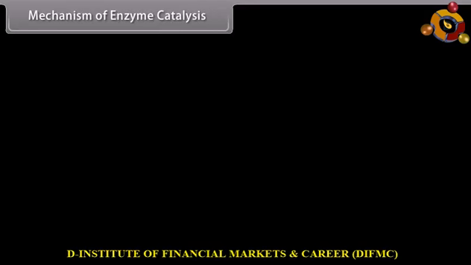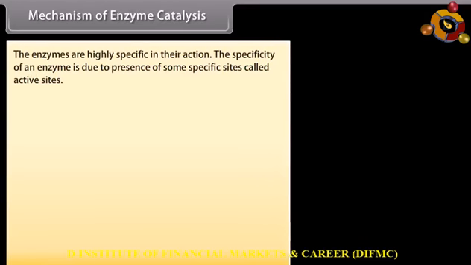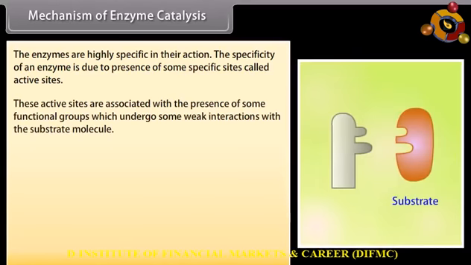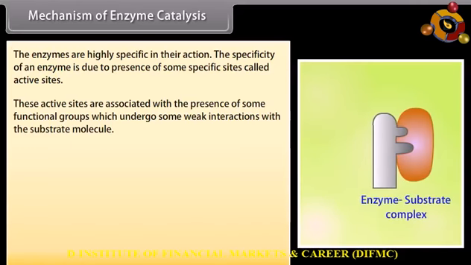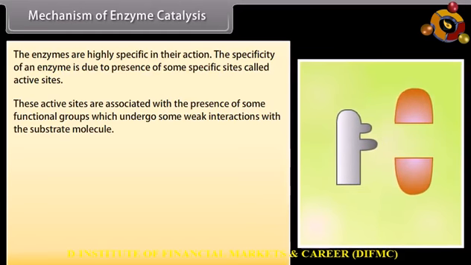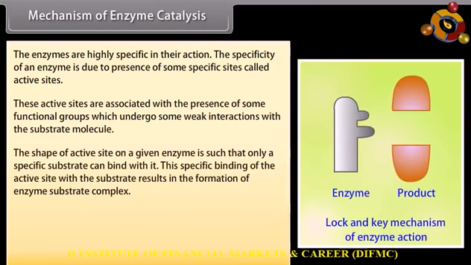Mechanism of enzyme catalysis. The enzymes are highly specific in their action. The specificity of an enzyme is due to presence of some specific sites called active sites. These active sites are associated with the presence of some functional groups which undergo some weak interactions with the substrate molecule. The shape of active site on a given enzyme is such that only a specific substrate can bind with